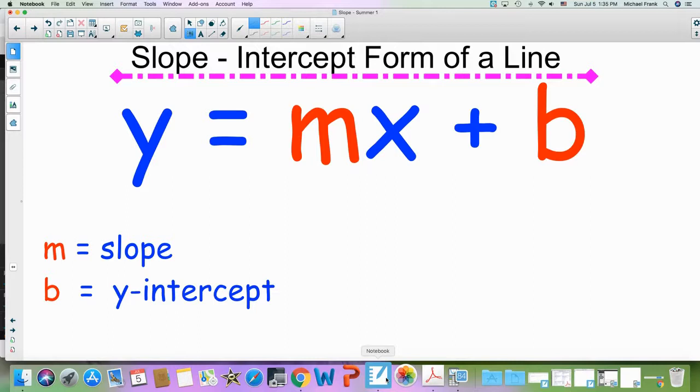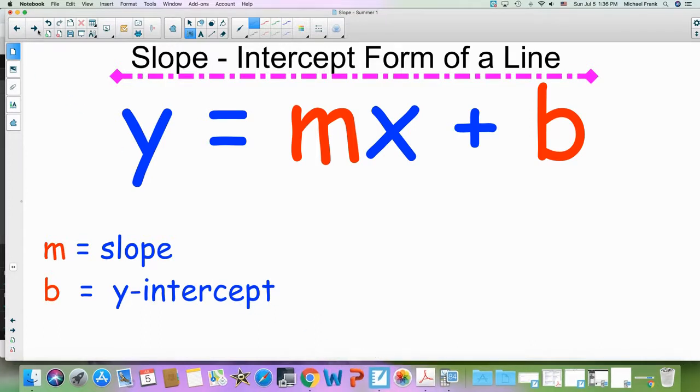Now that we are more comfortable with the slope-intercept form of a line, y equals mx plus b, we're pretty good at pulling out the m, our slope, and pulling out the b, our y-intercept. Y equals mx plus b is a very, very common form of a line, and therefore we use it a lot in Algebra 1. Well, once we become really good at taking out the slope, or sometimes referred to as the average rate of change, and taking out the b, the y-intercept, the exact place the line intersects the y-axis,